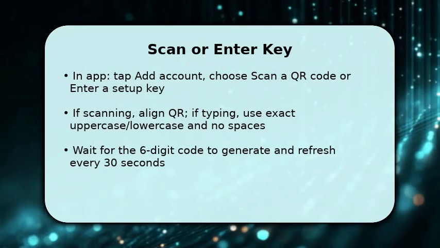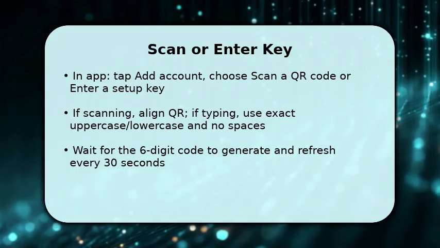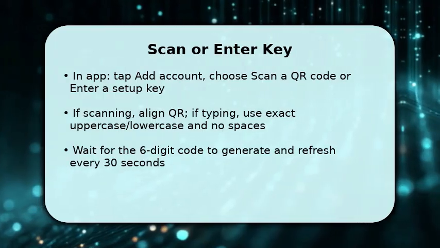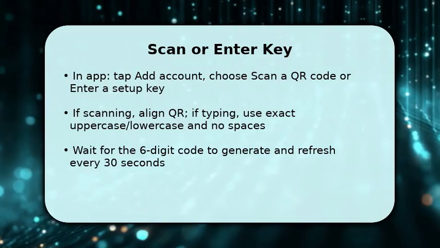You open Google Authenticator and tap to add an account. If you choose Scan a QR code, align the camera until the app recognizes it. This instantly pairs the secret. If you must enter a setup key, type the key exactly as shown and label the account so you know